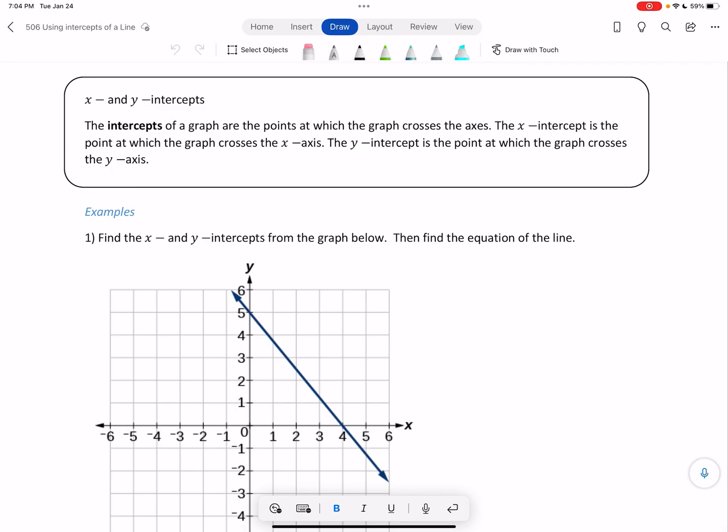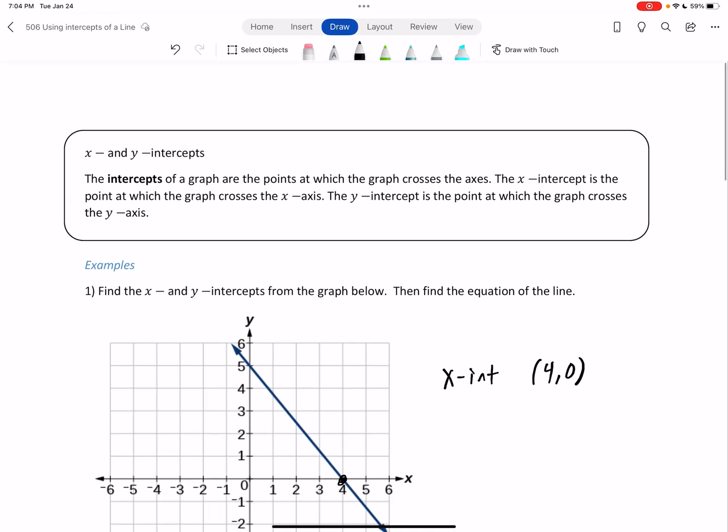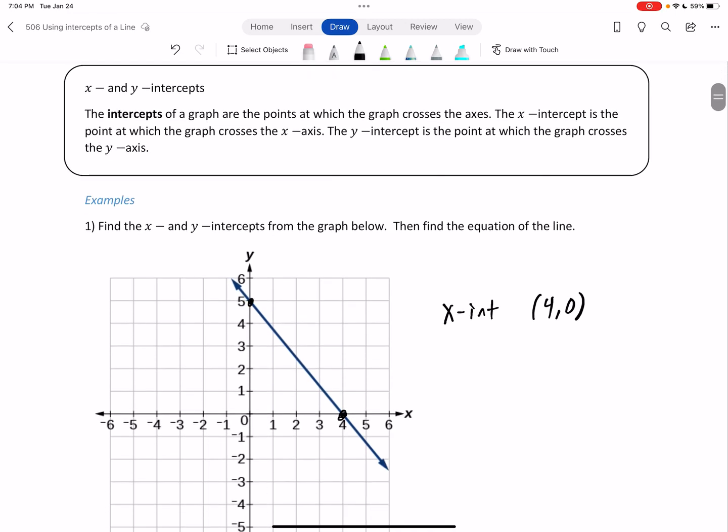Okay, let's talk about the x and y intercepts. When we talked about functions, we talked about the intercepts being the points where the graph crosses the axis. The x-intercept is where it crosses the x-axis, the y-intercept is where it crosses the y-axis. So in this picture, the x-intercept is that point (4, 0). The y-intercept is this point (0,